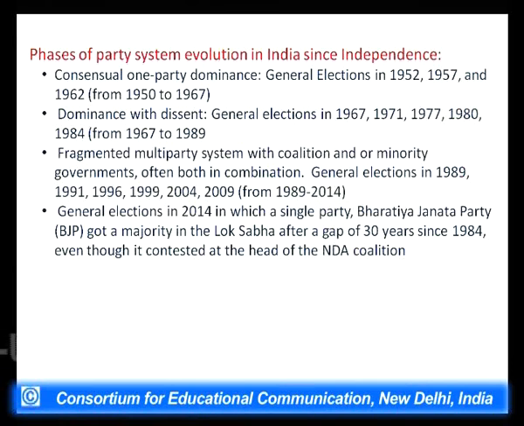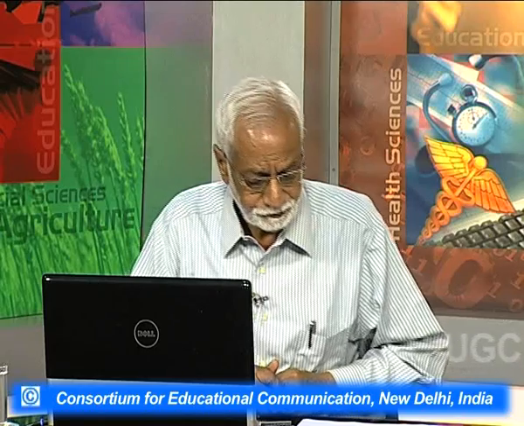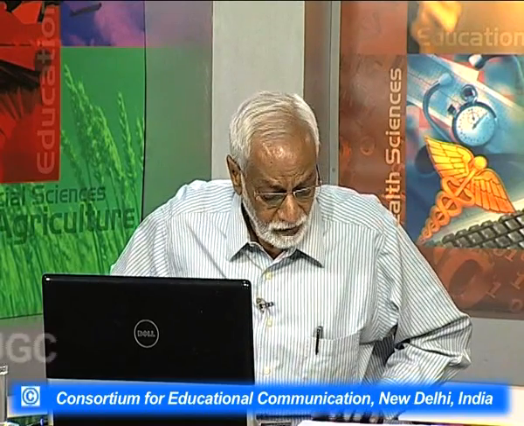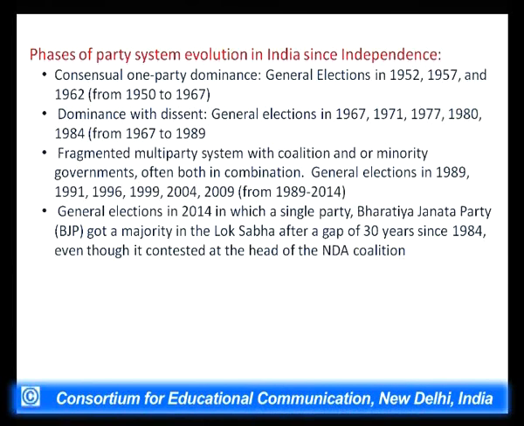from 1950 to 1967, so to say, is the period when one-party dominant system prevailed in the country with the dominance of the Indian National Congress at the national as well as state levels. The second phase is dominance with dissent, in the sense that during this phase, covering the general elections of 67, 71, 77, 80, 84, that is from 1967 to 89, the Congress was the majority party, but the kind of dominance that it